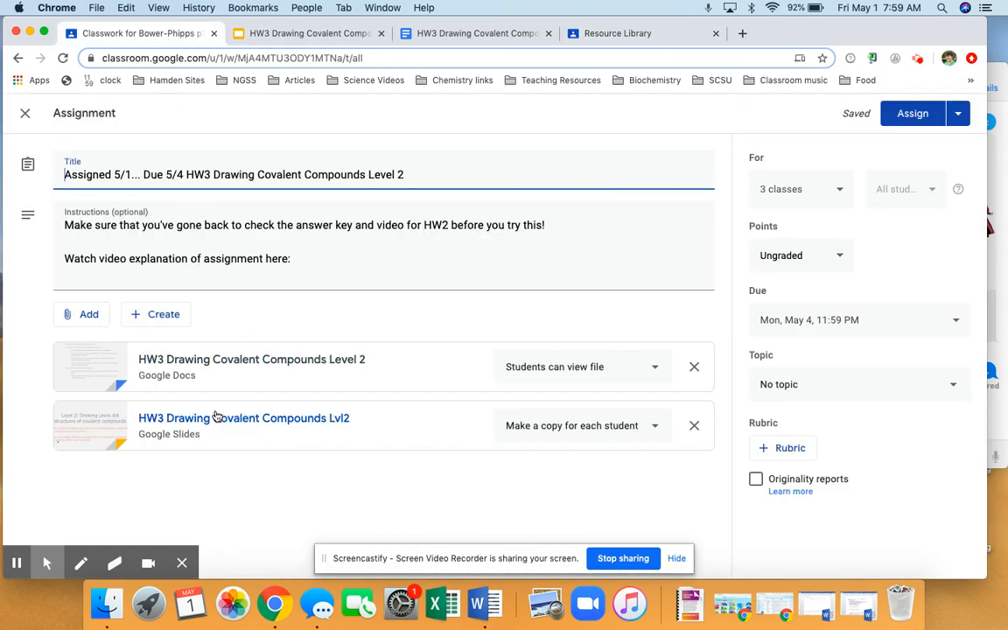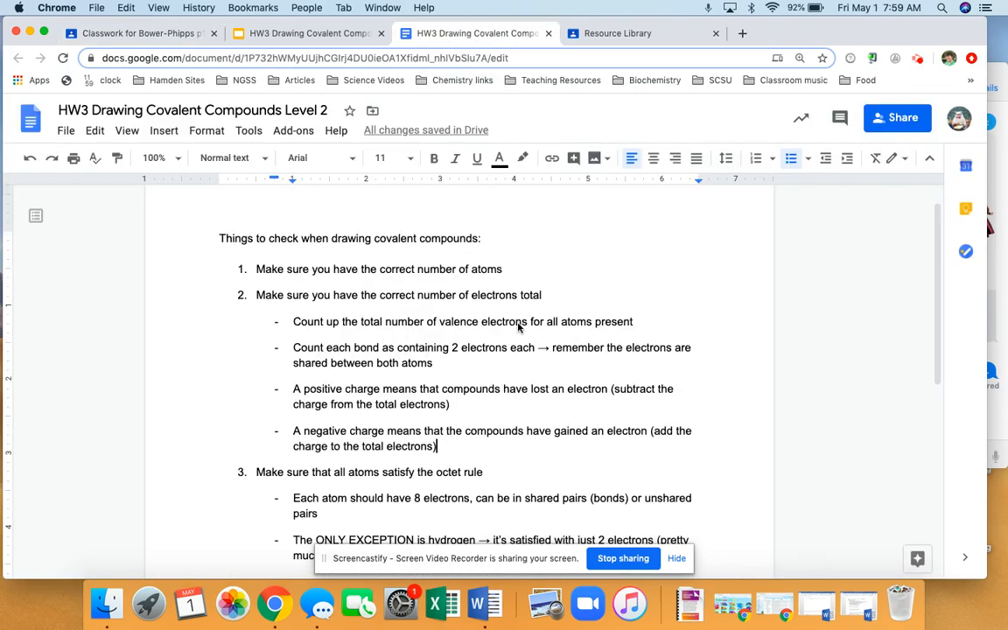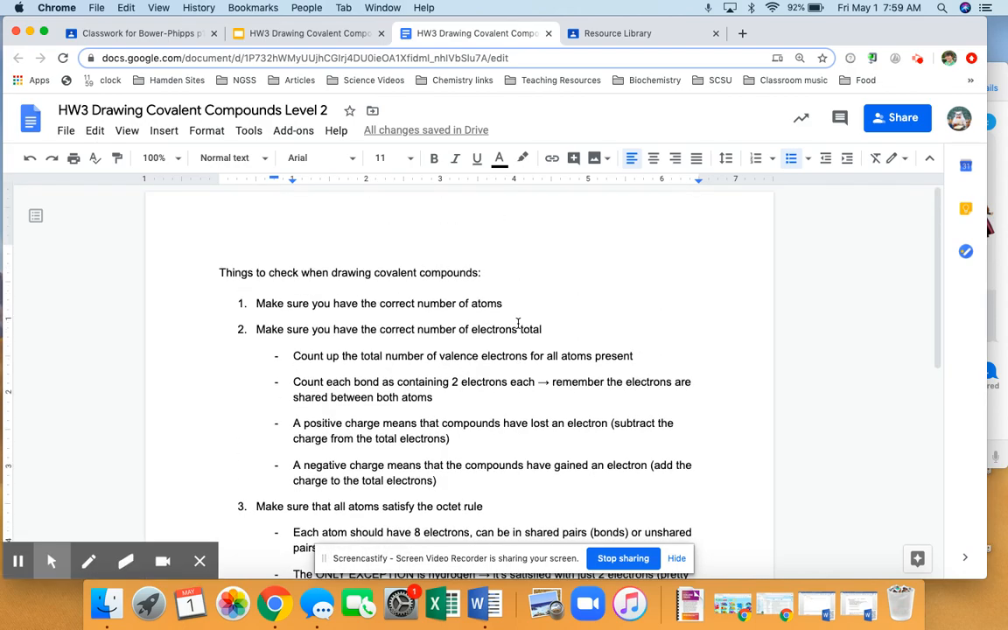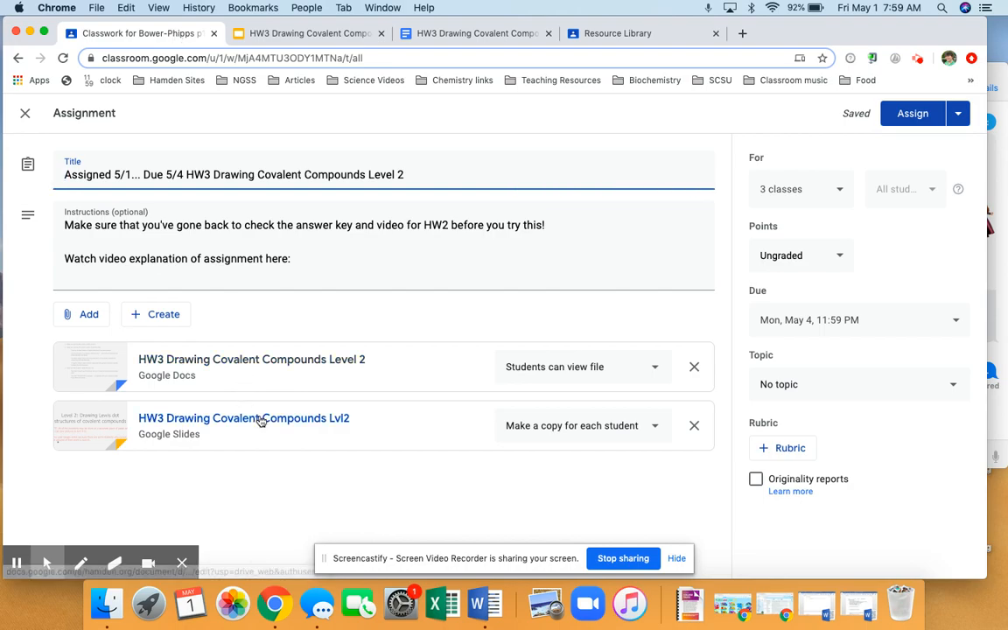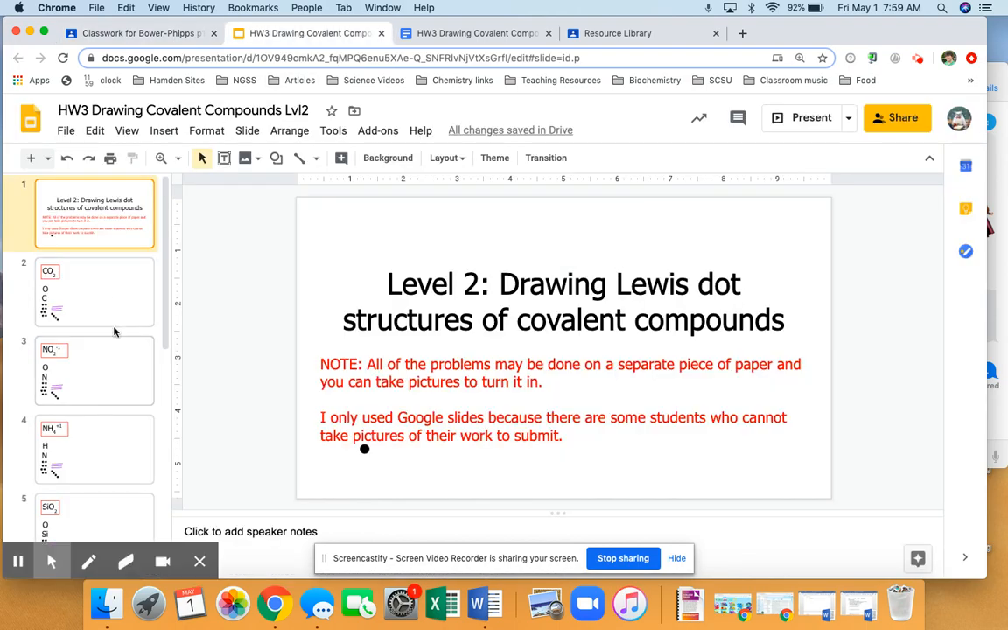This assignment also has two attachments. One of them is the explanation of a checklist of things to do. You can go back and look at homework two's checklist also if you need some help. And there's also a Google Slides component that you're going to be editing. I'm going to do the first couple of ones with you, and then you're going to do the remaining ones